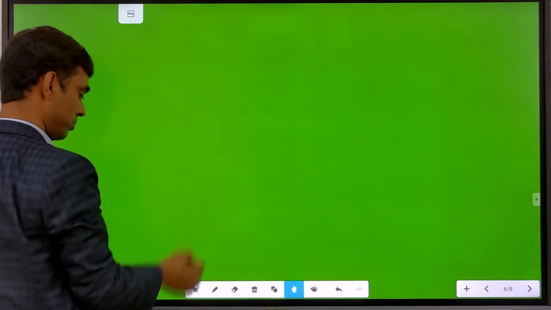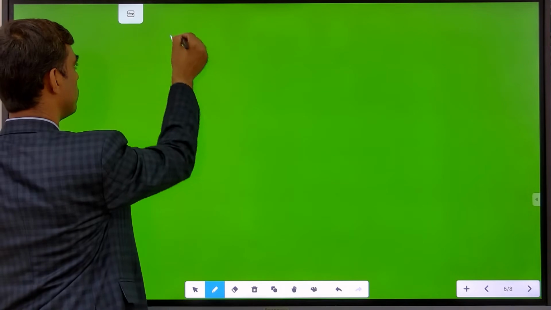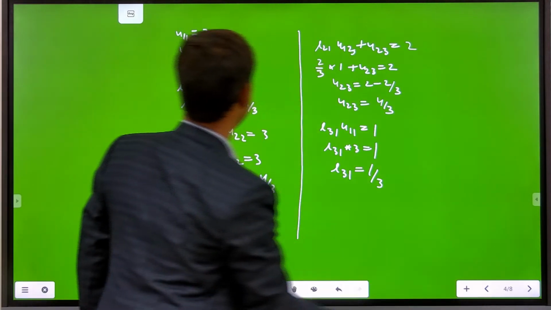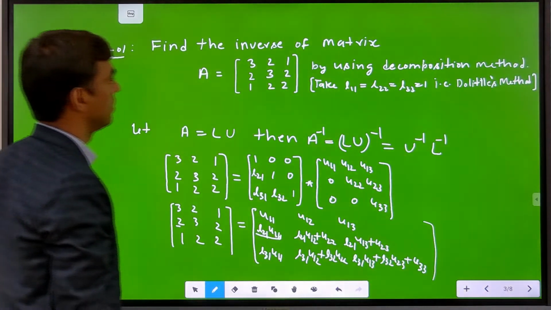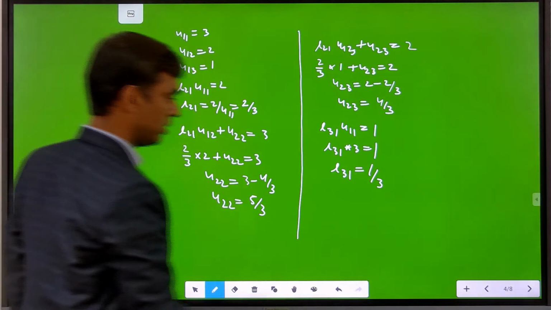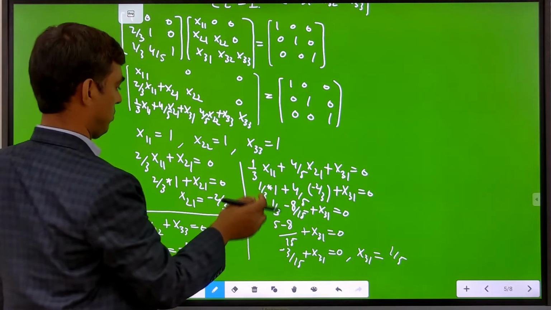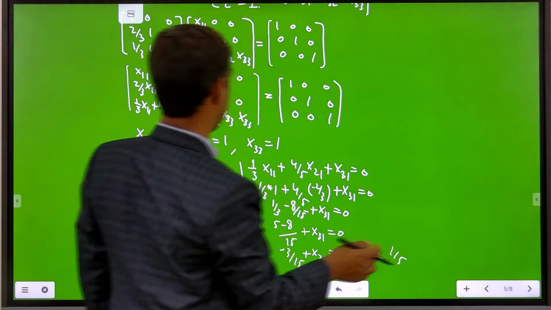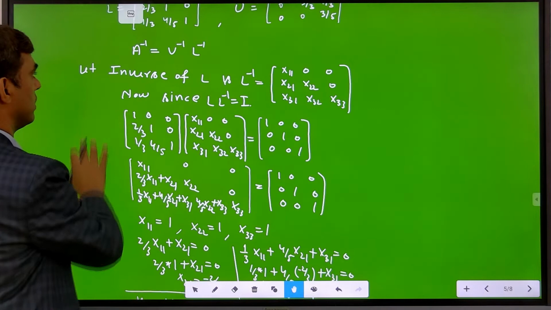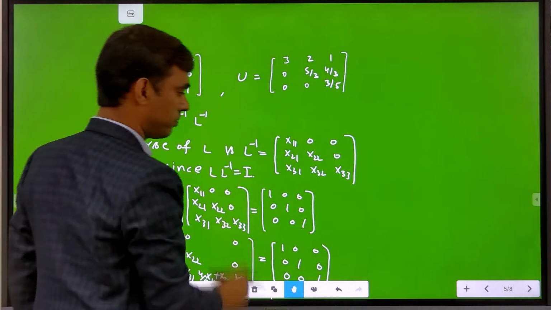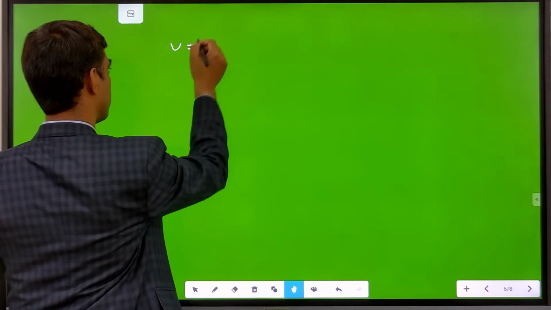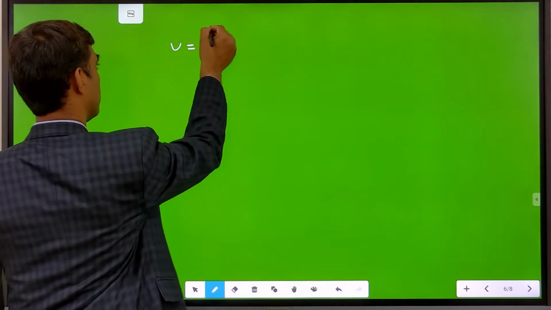What is the value of A U? We have already written the value of A U. U is A, here. The value of A U is A here. So if we write the value of A U,